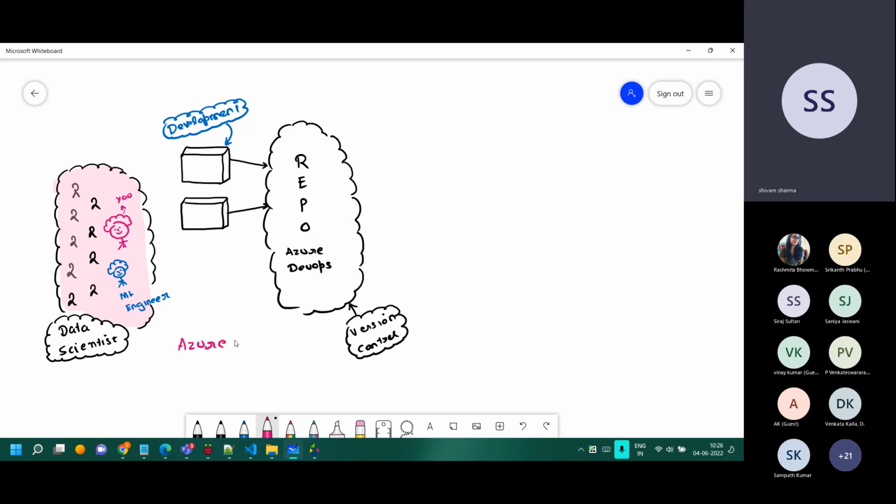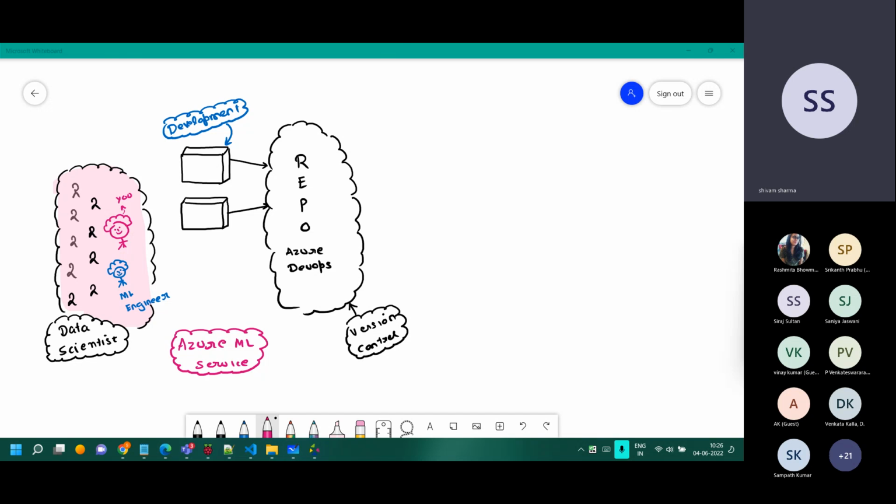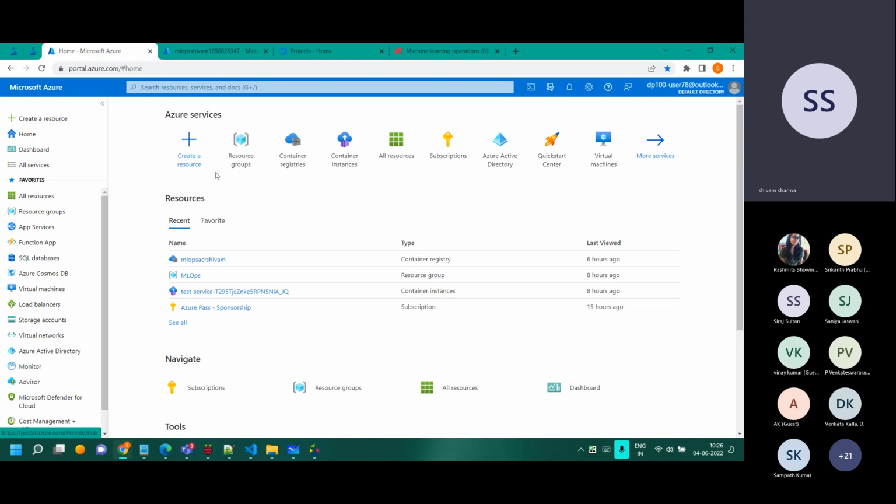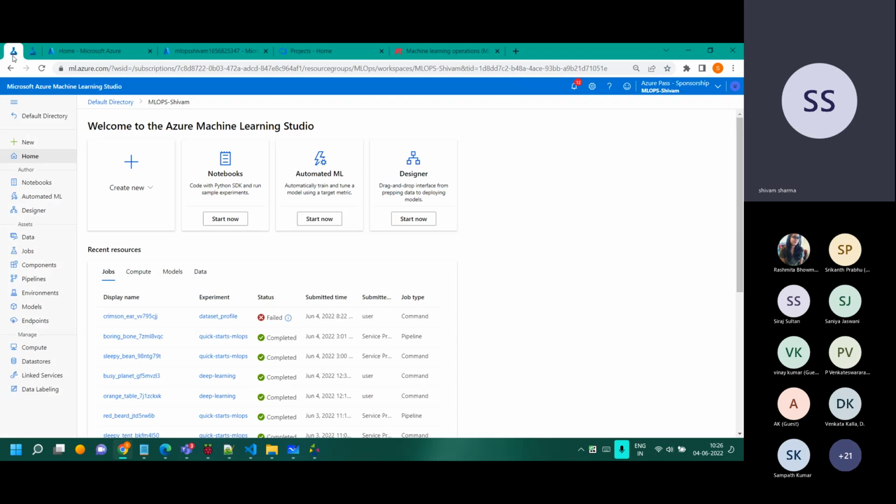Then there is the Azure Machine Learning Service. As part of Azure, there is a service called Azure Machine Learning Service, which is their primary service for ML purposes. Like other clouds have other major services which may come to your mind, similarly, this is what Microsoft has as part of custom AI. So if I go and start relating with what we have, I'll open my Azure portal, and I'll take you to the machine learning service. This is how it looks like.